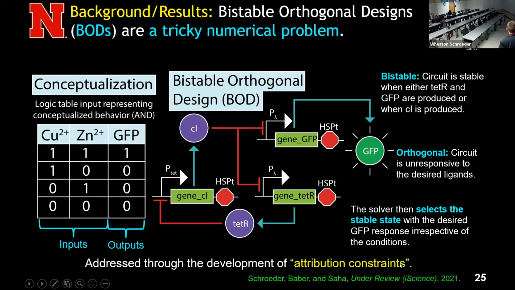So actually, this took about 4 or 5 months of work to develop what we are calling the attribution constraints, which basically directly address the problem of bistable orthogonal designs by preventing a particular gene from being able to influence its own expression, as well as requiring the change in GFP state to be somehow linked to our input signals. So this addressed the problem of BODs, and I just wanted to mention it because this was about 5 months of work,